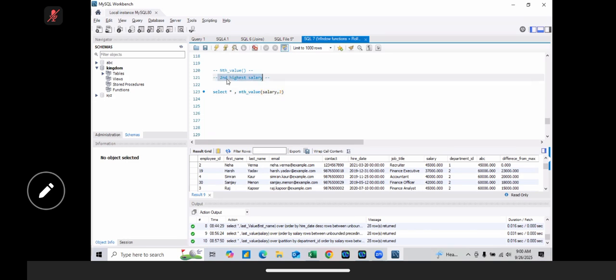For example, if we want to see the salary of the fifth person from the top of the list, we will simply write nth value of salary, comma 5. So this is nothing but nth value. Syntax is nth value, column name, comma, n value. Okay, next, over